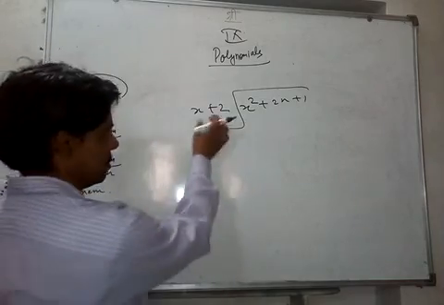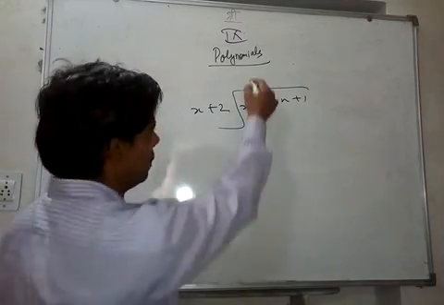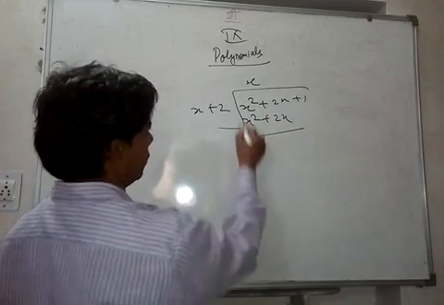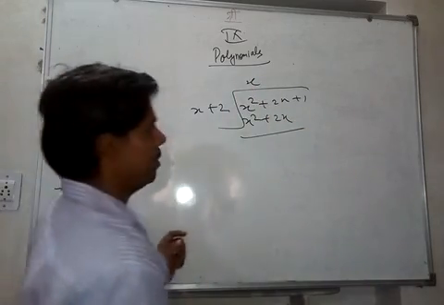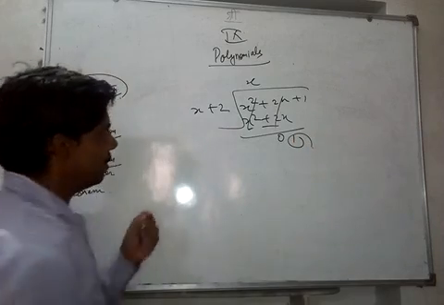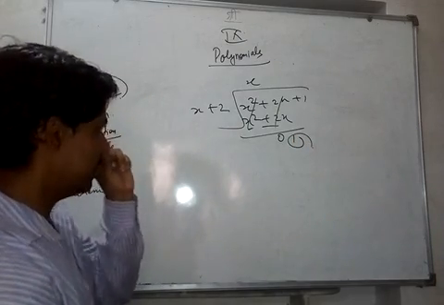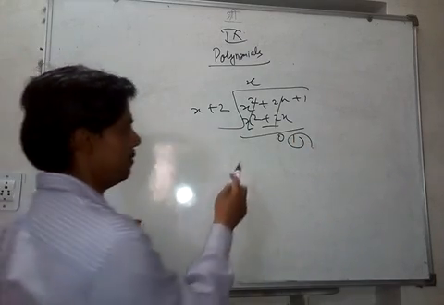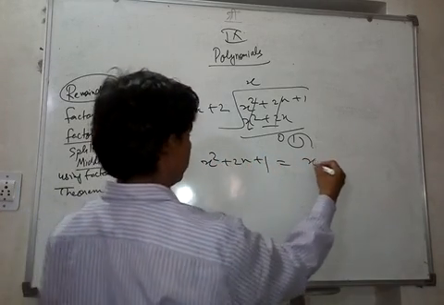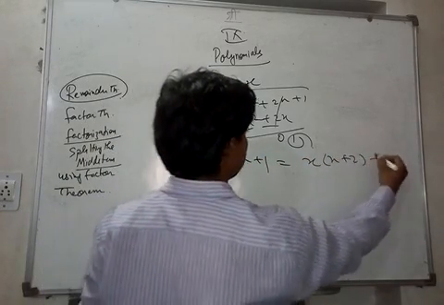Multiply x so that you get x square, you multiply by x, right? So you get what? x square plus 2x. Multiply x by both of them, you get x square plus 2x. Change sign, you get 0, 1. So immediately you find that everything is same and 1 is the remainder. So that means x square plus 2x plus 1 can be written as x into x plus 2, plus 1.